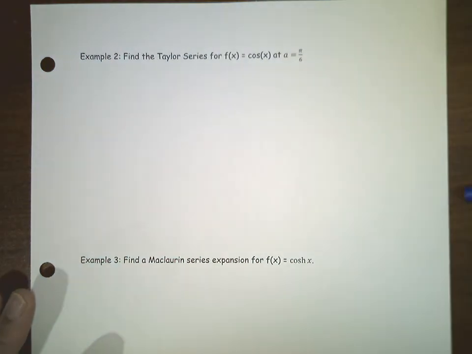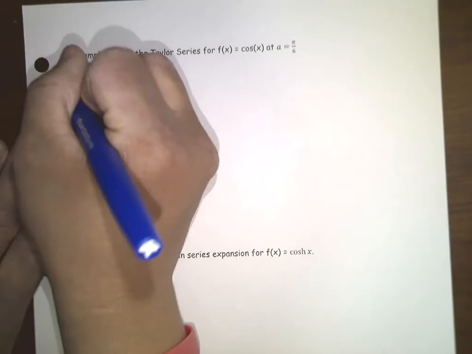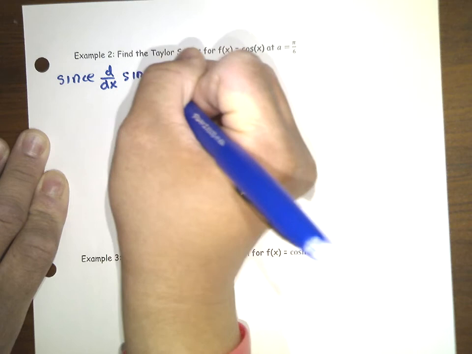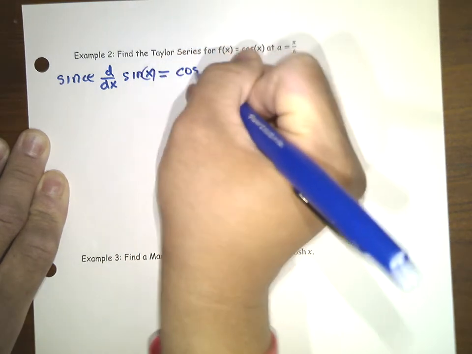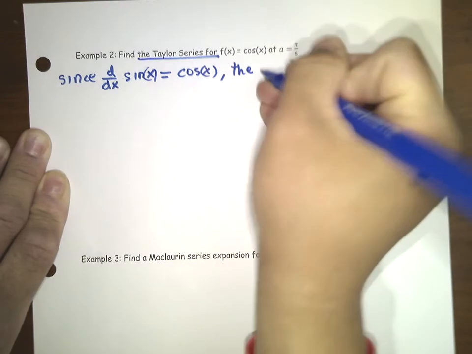Let's try another example here. So let's find the Taylor series for cosine of x at a equals pi over 6. So remember earlier I said that there was a relationship between the Maclaurin series for sine of x and cosine of x. So here we go. Since the derivative with respect to x of sine of x is equal to cosine of x, that means that the series we're looking for